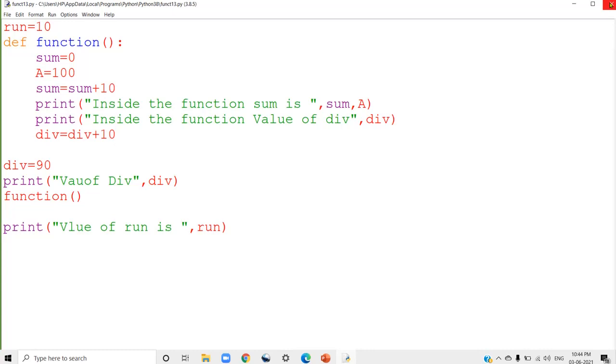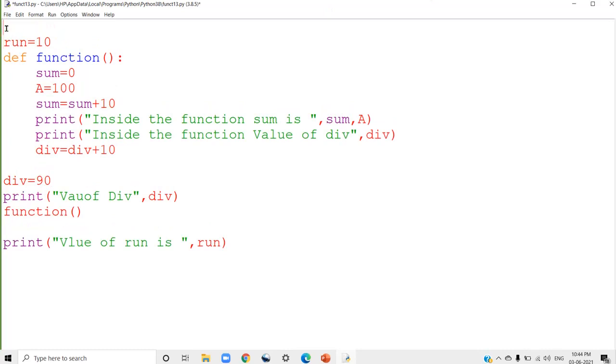And the next thing, you can use both global and local variables with the same name. So I am going to use a variable here. This variable is glob. Glob equal to 900.